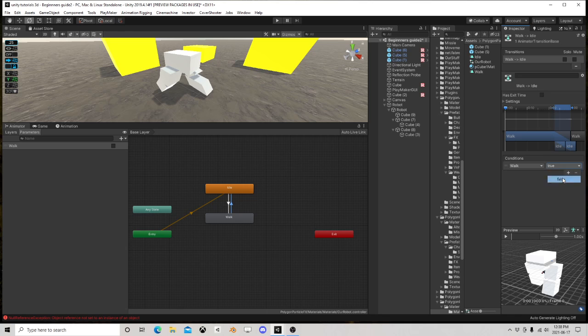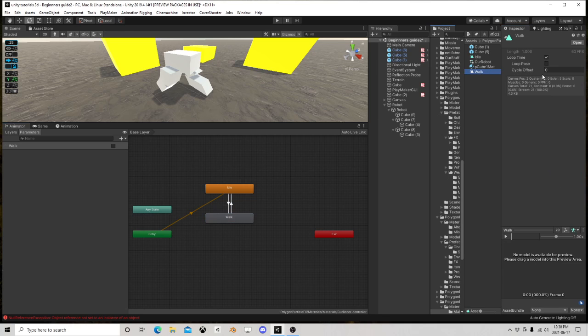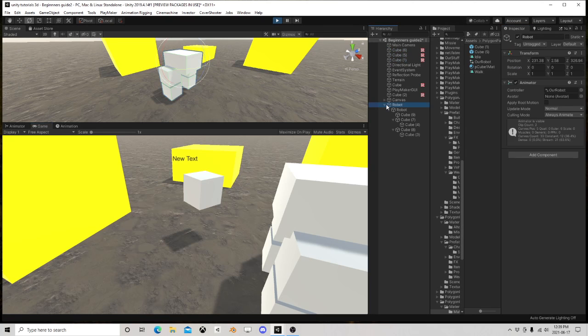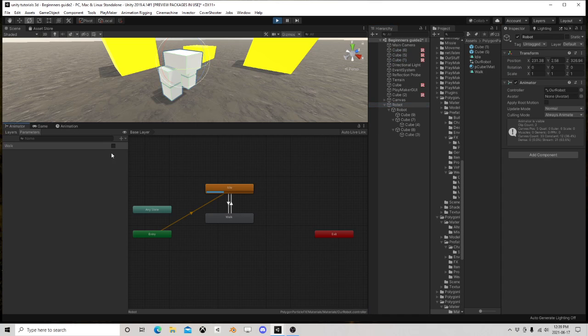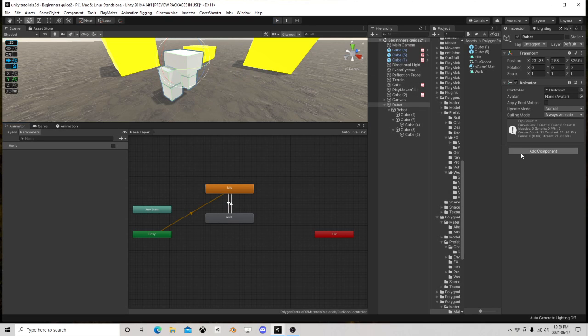So is walk false? If I go to this guy, I should be able to loop pose. So now if I hit true, he just starts doing this weird funky thing. Turn it off, go still. This can be controlled by, you guessed it,